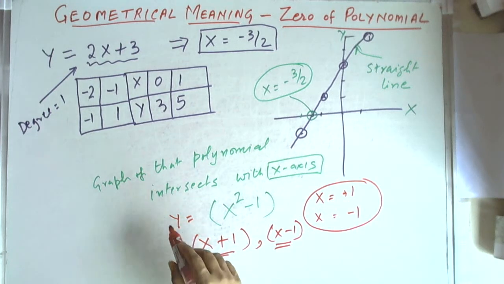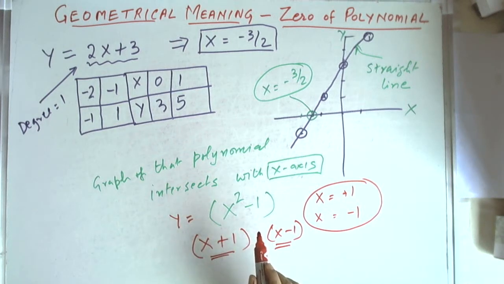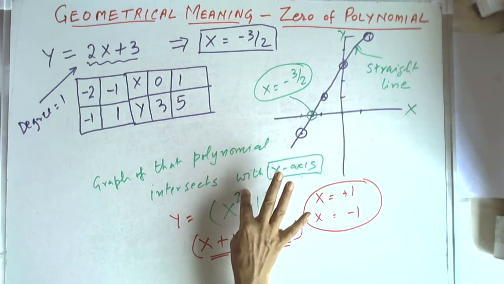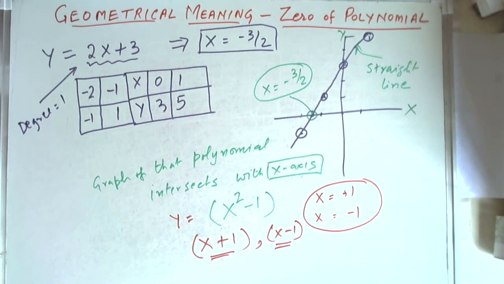And when we draw the graph of x square minus 1, we will see that it intersects the x-axis at 2 points. This is a quadratic polynomial because it is of degree 2. And if we are talking of a cubic polynomial, which is of degree 3, a cubic polynomial may intersect